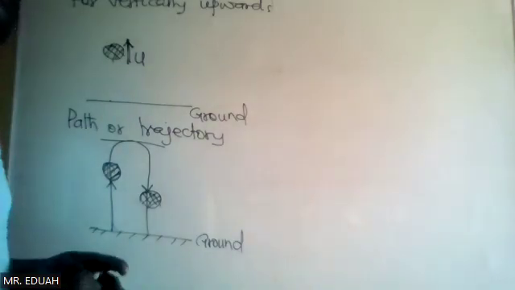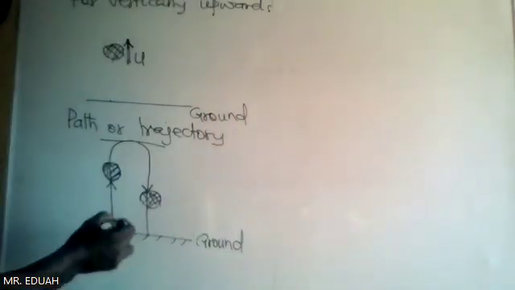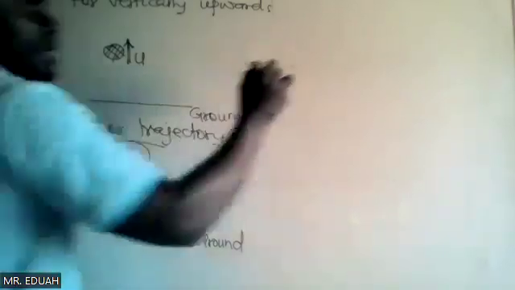So when the body is thrown vertically upwards, we start with the displacement time graph,